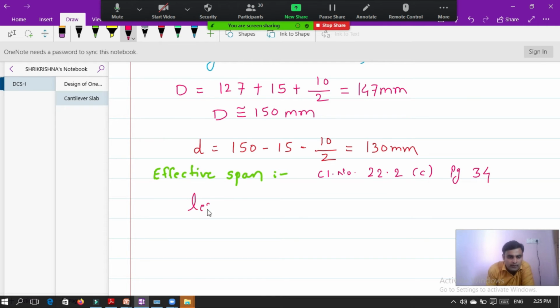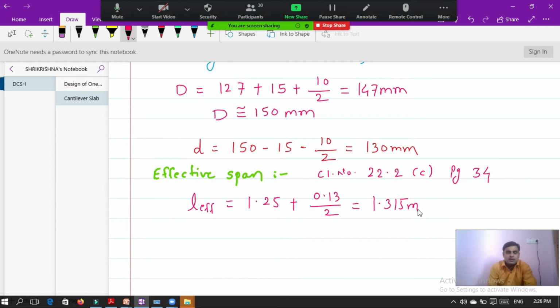L effective is equal to 1.25 plus half of effective depth. Your effective depth is 130, that is 0.13 divided by 2. This is your L effective. So it works out to be 1.315 meter. You write down everything simultaneously with me. 1.315 meter.